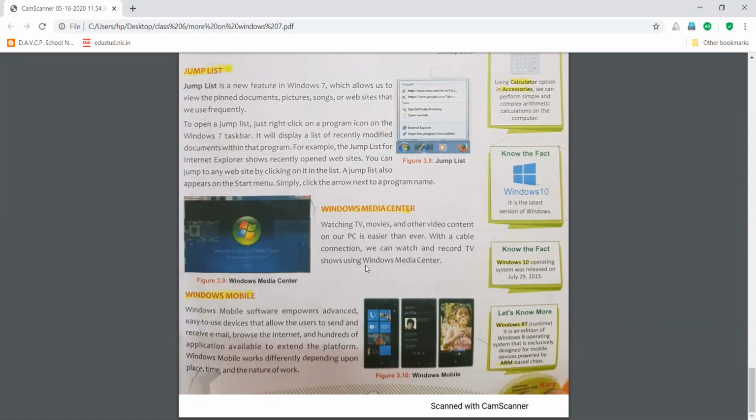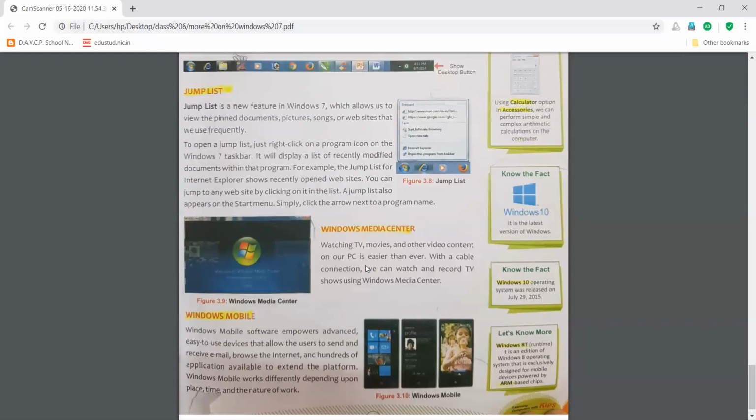You can use it, and these mobiles are also touch enabled, and you can use all the software that you are using in Windows computers. Windows Mobile will work a little differently depending upon the specifications of the device that you are using. But Windows is an alternative to Android, which is the largest used mobile operating system.